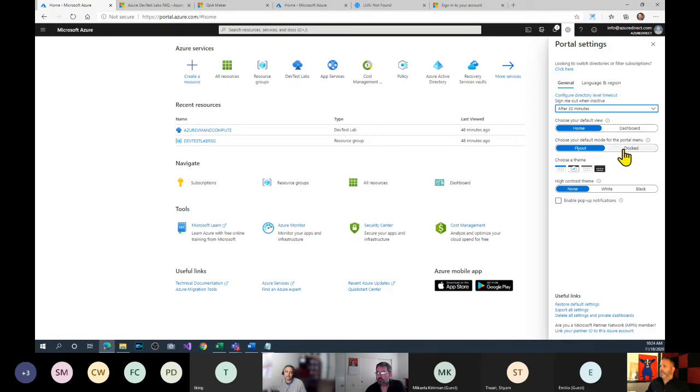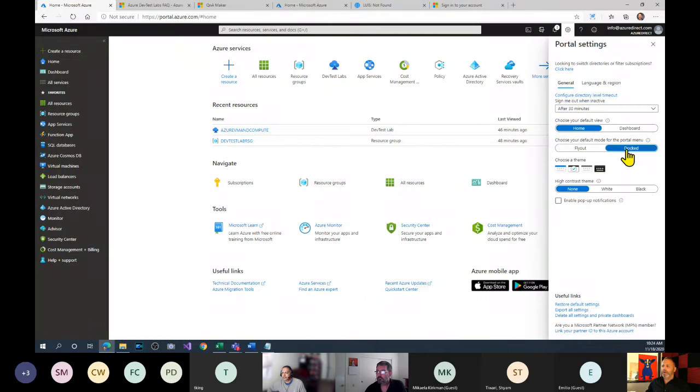Okay. Now, the next thing, this is really important here. I want you to click on where it says choose your default mode for the portal menu, and we're going to click on docked. Okay. And there's a reason we clicked on docked, okay? When I click on dock,